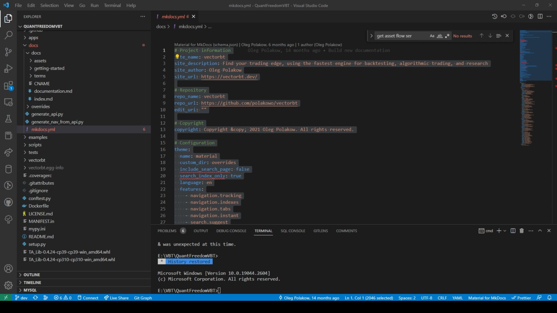Like this. Where's the navigation at? Oh. And then this could just be